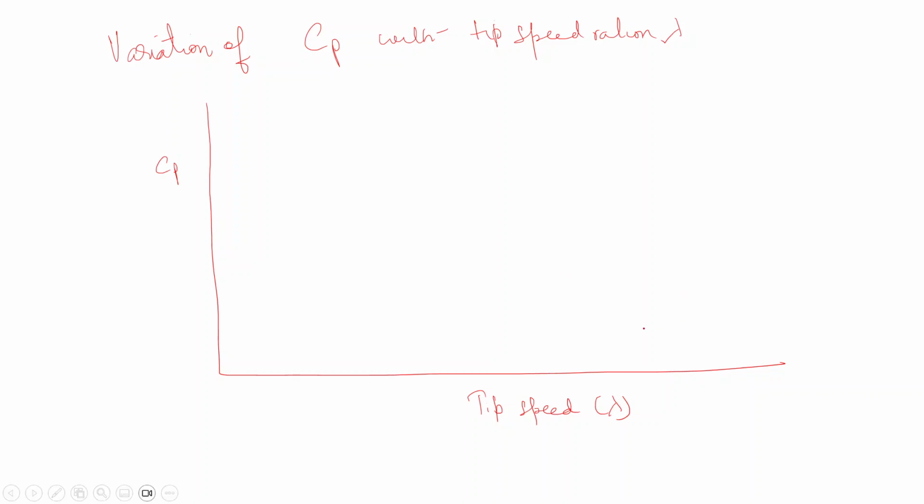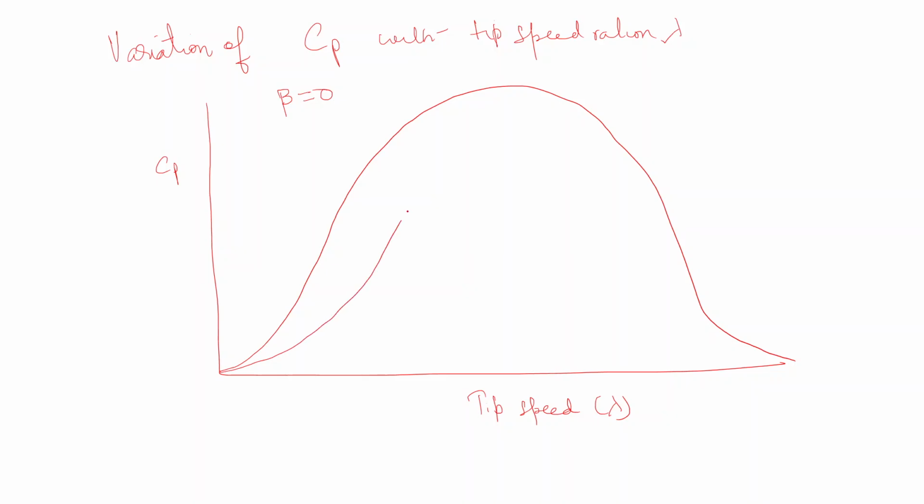Now what happens here is this. In this, the blade angle will vary. Okay, like for blade angle, what is the blade angle here? So let's say beta is equal to 0. So the variation of CP with beta 0 will be like this. Okay. Now, for beta is equal to 2.5, it will be like this. This is beta is equal to 2.5. Now, for beta is equal to 10,